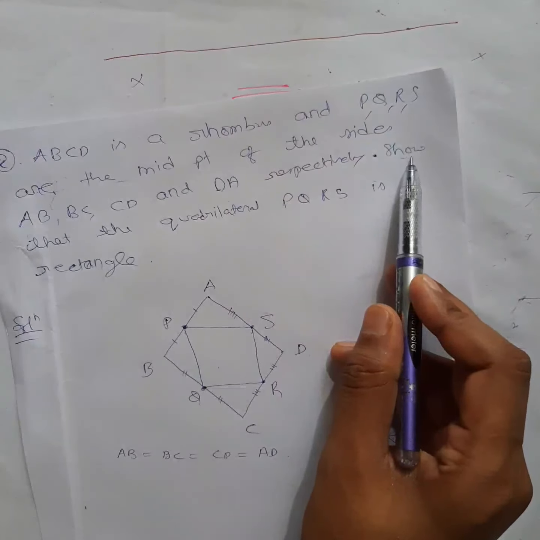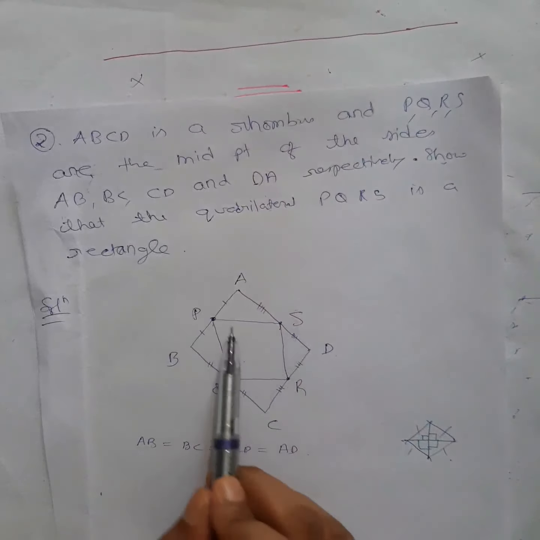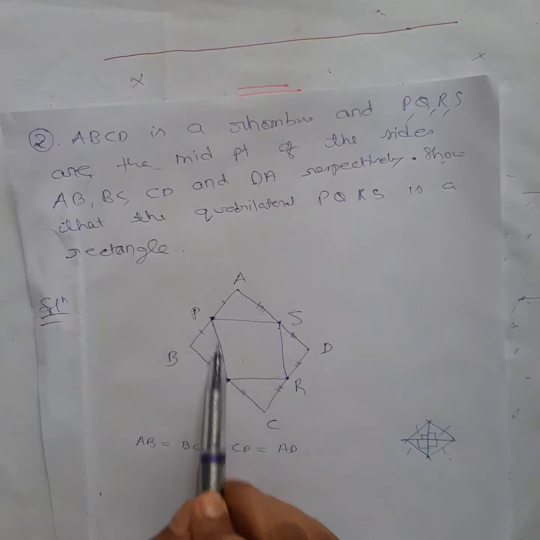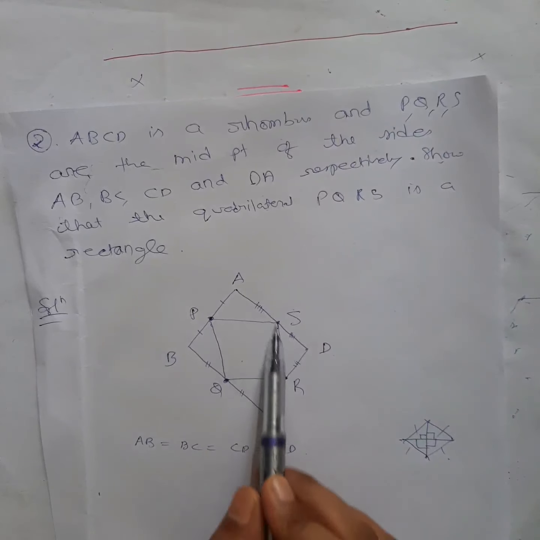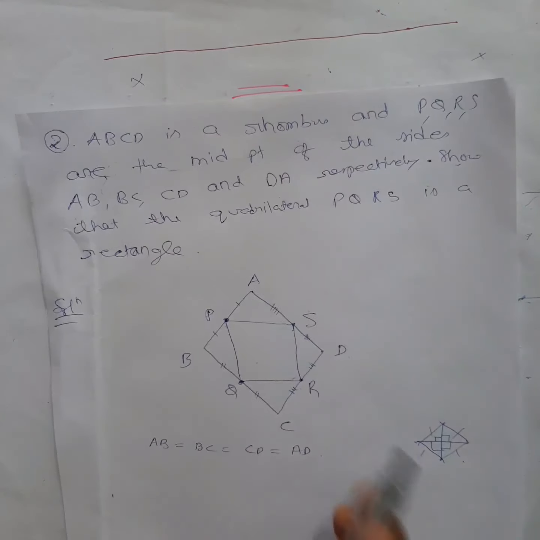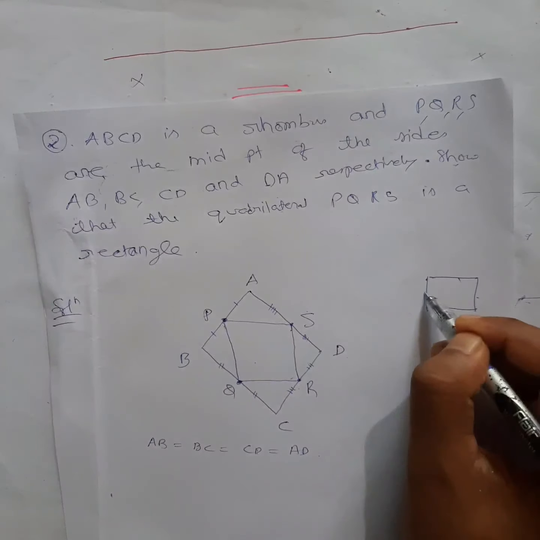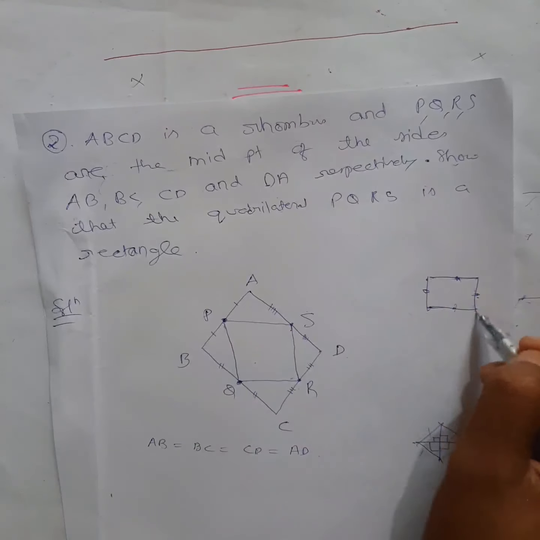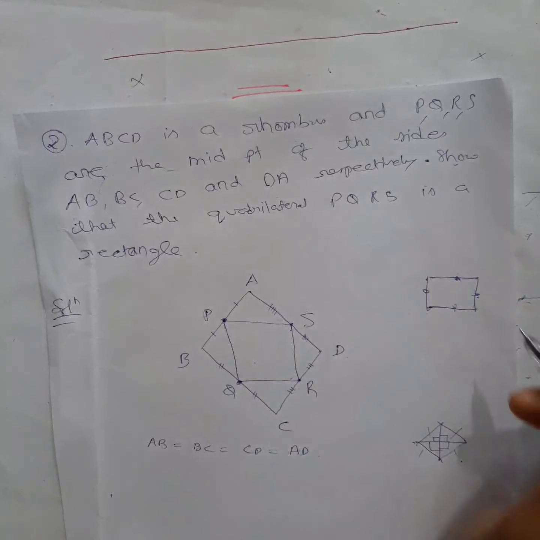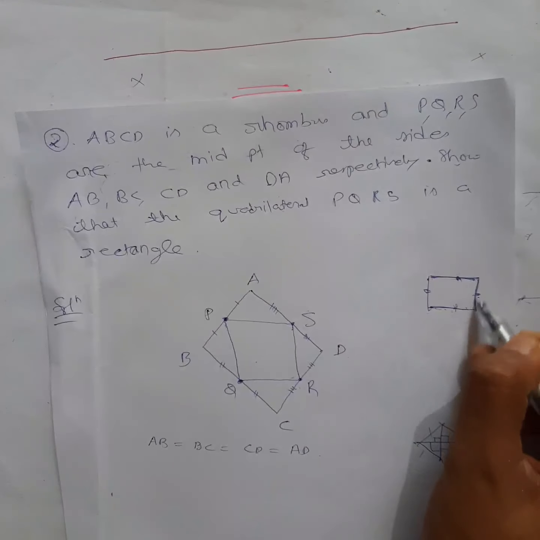So what they have asked you to show is that the quadrilateral PQRS is a rectangle. You can see that if I join PQRS, it will form a quadrilateral, right? So this quadrilateral I have to show is a rectangle. Now to show a rectangle, what do you have to show? How did you define a rectangle? Both pairs of opposite sides are parallel and equal. So basically you have to show it is a parallelogram, and in a parallelogram, obviously opposite sides are equal. So you just have to show this and this parallel, this and this parallel. This will give you the parallelogram definition.